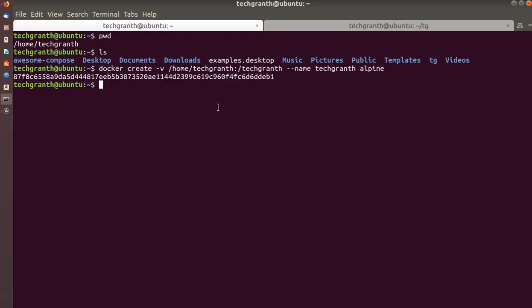Okay, now if I run a container with this volume, rm --volumes-from, run, and then alpine, and then ls.